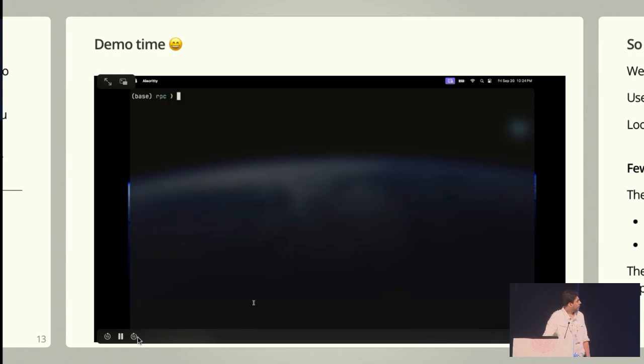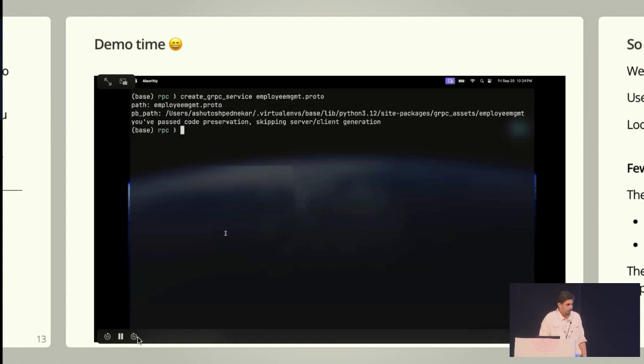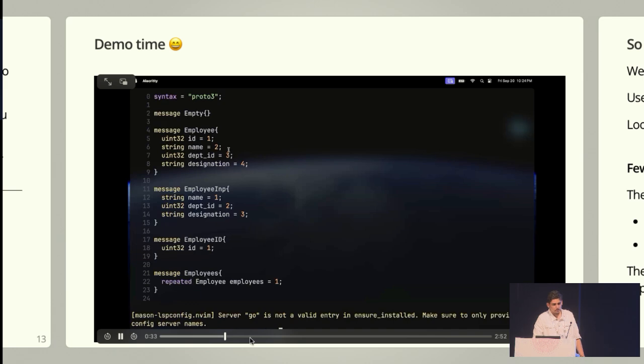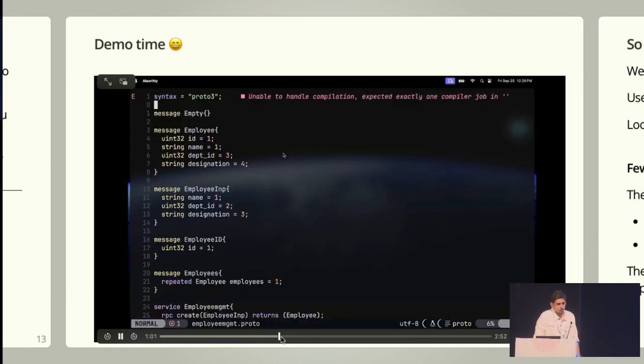Once that is installed, there's a CLI command you get called create grpc service. It takes in the path to the proto file as an input. And the first thing it does, it validates the proto file. So if you have any errors, if you have a missing semicolon, or if you have some ID repeated, all those things it will take care of by essentially passing through the output from protoc. So any edge cases that would come, any new feature upgrades that would come to protoc will all pass through.